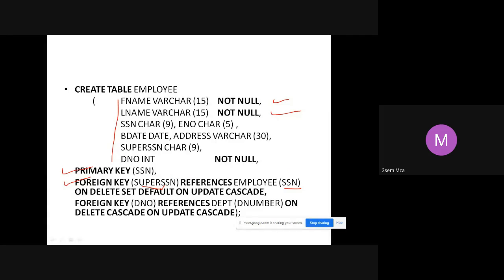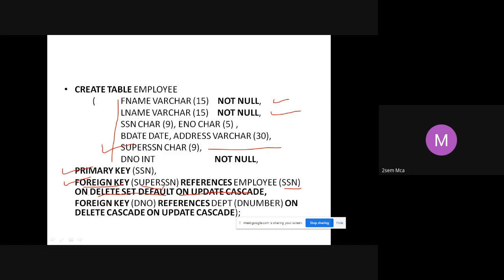Foreign key of super SSN references: that means this super SSN is a foreign key. You can write references here, as we have done, or you can also use the foreign key keyword and then declare it. Both are the same. Now, on delete set default, on update cascade.